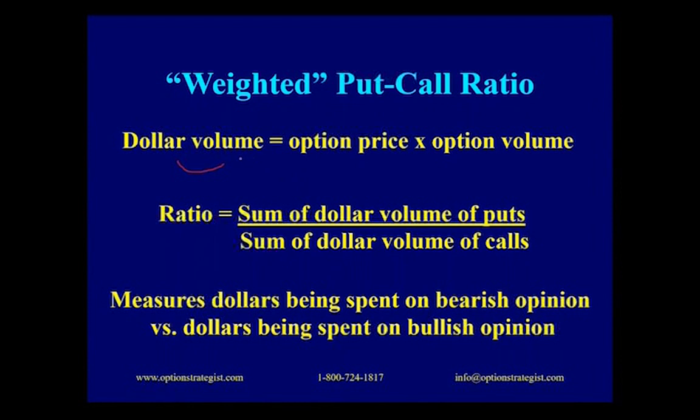So at the end of the day, we take each option and I multiply its closing price times the volume traded that day. Now you could do this on a trade by trade basis, but that seems like overkill. So again, let's say it's IBM, we make that calculation for every option, and then we sum up that dollar volume figure for all the puts. Separately, we sum it up for the calls, divide the two, and again, now we have a weighted put call ratio. So now we're measuring the dollars being spent on bearish opinion versus the dollars being spent on bullish opinion,